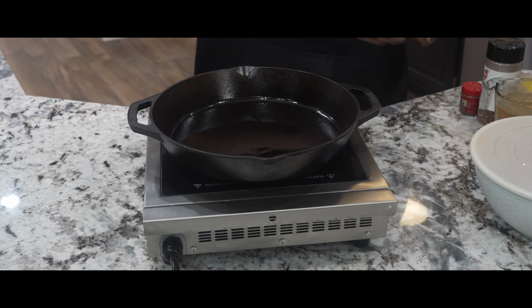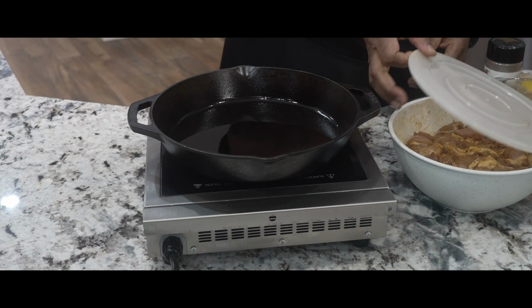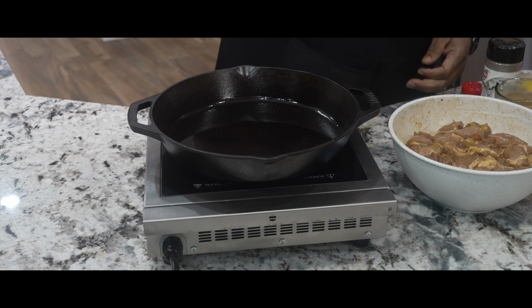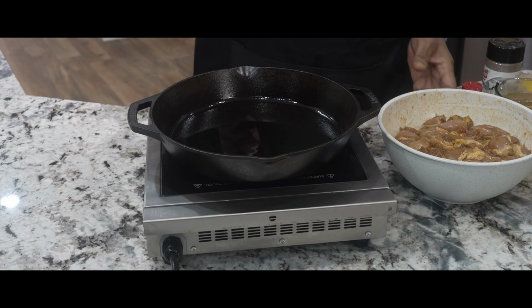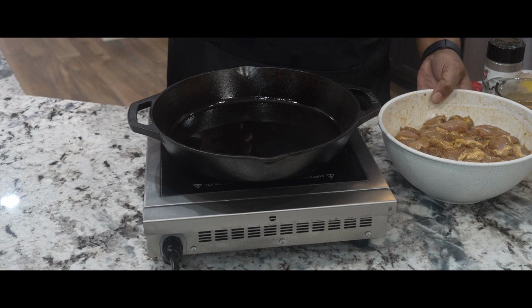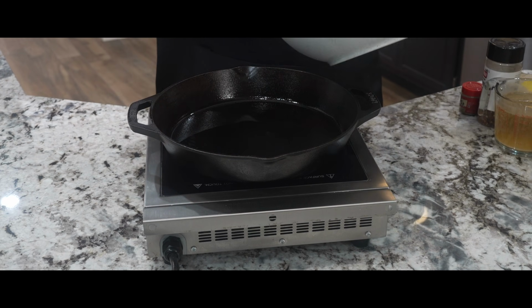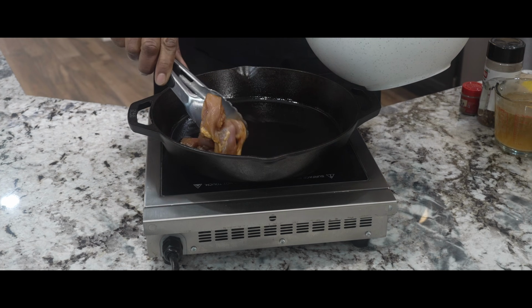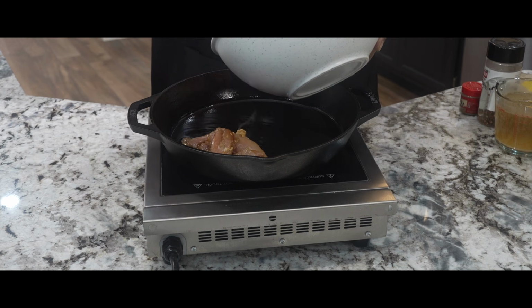Okay, guys, so to carry on with our curry chicken, right? That we started, we seasoned our chicken. We basically let it set overnight. So now we're ready to come back and cook our curry chicken dish, right? So the first thing we want to do is get our chicken, get it here cooking, and brown it. So we got our oil here. We're gonna just put our chicken in there and get it cooking